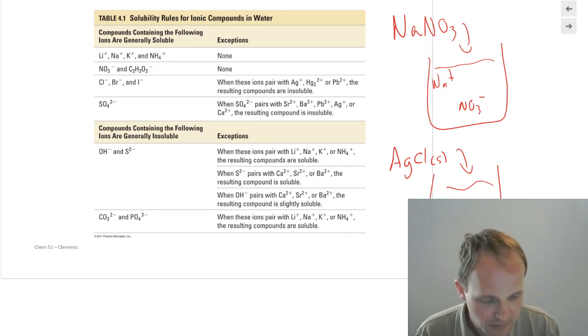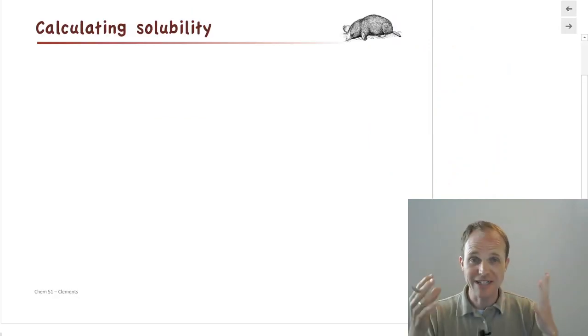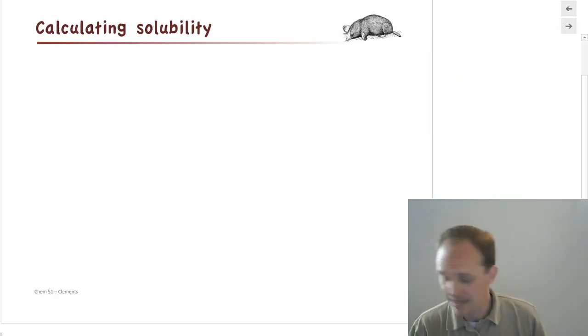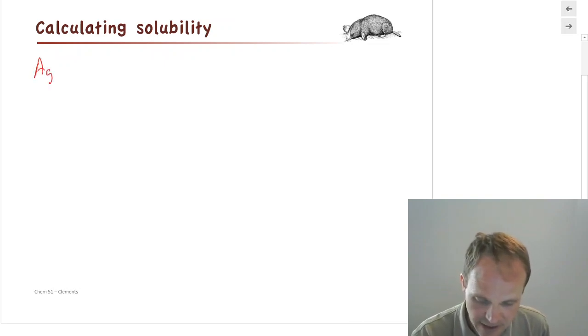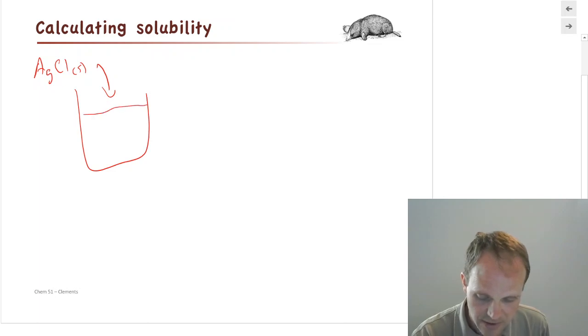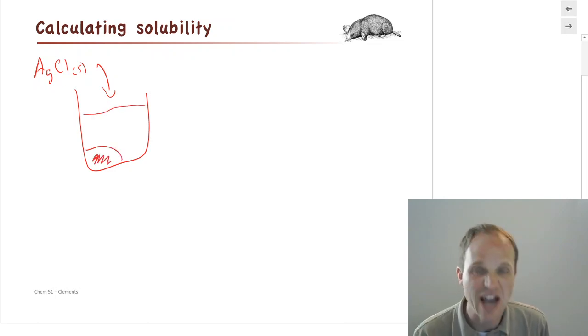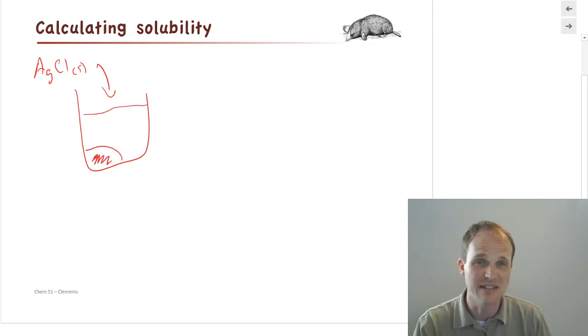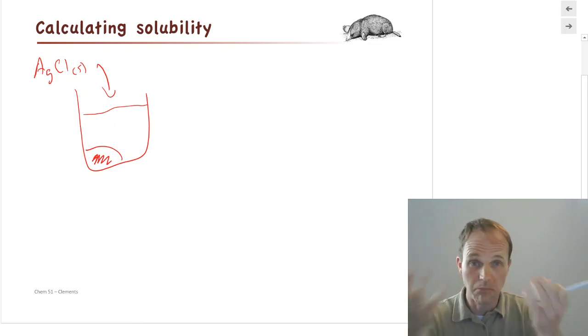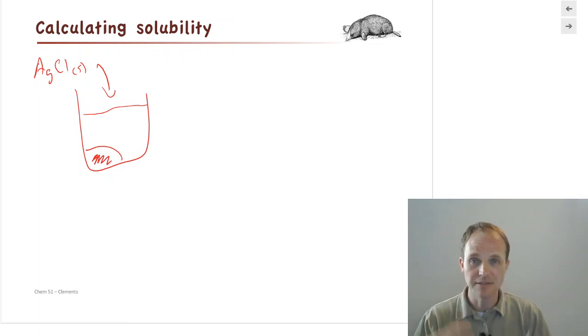So what are we going to do? We're going to actually calculate solubility. So let's take the one we just said. We're going to take some silver chloride and we're going to dissolve it in water. And we don't really need to tell you how much we have, because as long as we're putting in a visible amount, chances are most of it's just going to sink to the bottom and we're going to get an